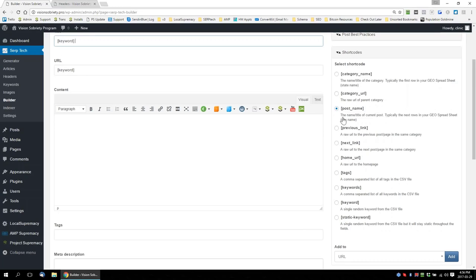And it says right here, if anybody's like, well, what's post name? It says right here, the name or the title of the current post. Typically, the next row in your geo spreadsheet is the city name. It kind of tells you what it is. So we're going to add the post name now